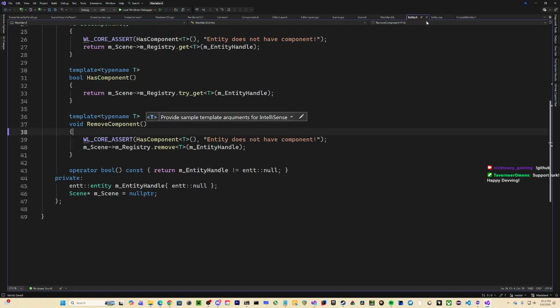Where the hell? I need to stop pinning things I don't want to pin. I just need to stop.